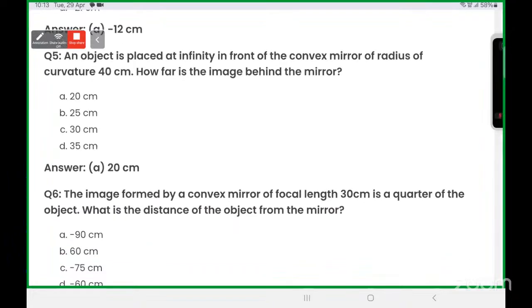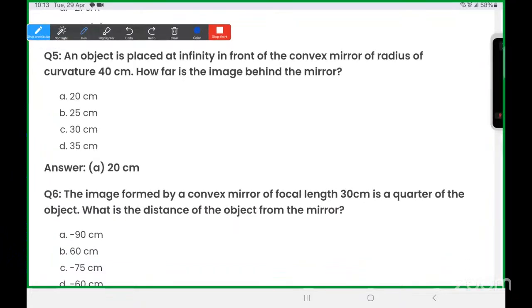नेक्स्ट क्वेश्चन लेते हैं। एन ऑब्जेक्ट इज प्लेस एट इंफिनिटी। देखो ऑब्जेक्ट को इंफिनिटी लेना है, मतलब ऑब्जेक्ट डिस्टेंस इज इंफिनिटी। ठीक है, इन फ्रंट ऑफ द कॉन्वेक्स मिरर, कॉन्वेक्स मिरर हो गया ना ये। रेडियस ऑफ कर्वेचर कितना है, कॉन्वेक्स मिरर में फोकल लेंथ पॉजिटिव होगी, रेडियस ऑफ कर्वेचर भी पॉजिटिव होगा, पॉजिटिव 40 सेंटीमीटर है। हाउ फार द इमेज बिहाइंड द मिरर, इमेज डिस्टेंस पूछा है। चलो बोलो, फोकल लेंथ की वैल्यू निकाल लेता हूँ r/2